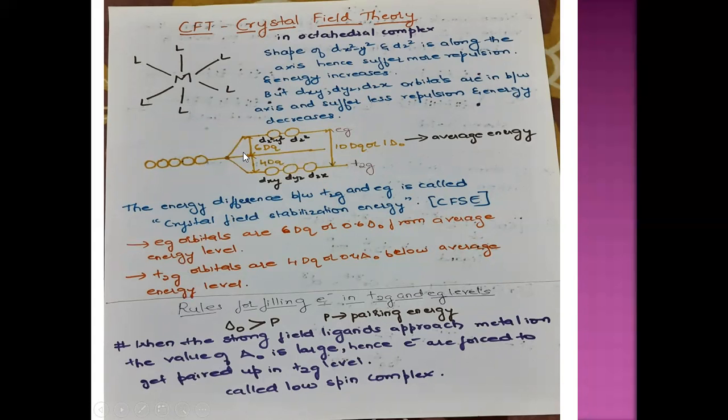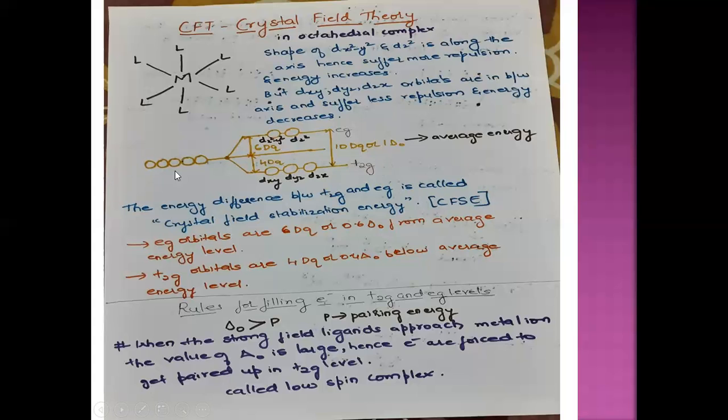When the ligands approach, due to the maximum repulsion, these two degenerate orbitals, dx square minus y square and dz square, will get shifted to the higher energy position, and that higher energy level is said to be the Eg level, where the Eg level contains dx square minus y square and dz square orbitals. Now, dxy, dyz and dzx will be in between the axes. But where does the ligand approach? It will approach along the axis. That's why these three will experience less repulsion between the lobe of the ligand and lobe of the metal atom. That's why they will come and settle to the lower energy, that is the T2g level.